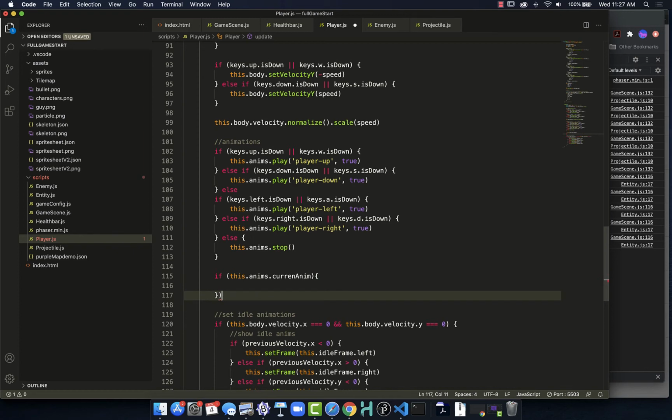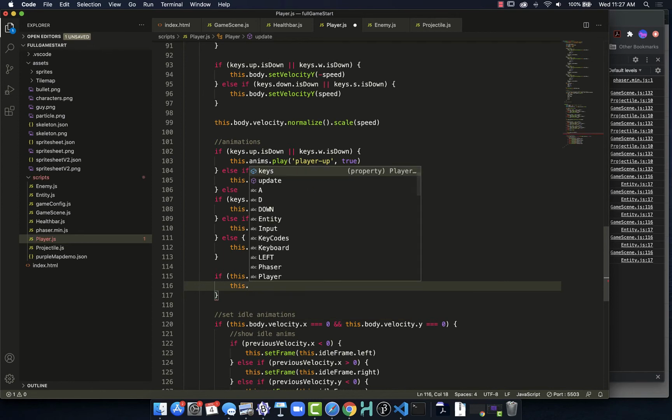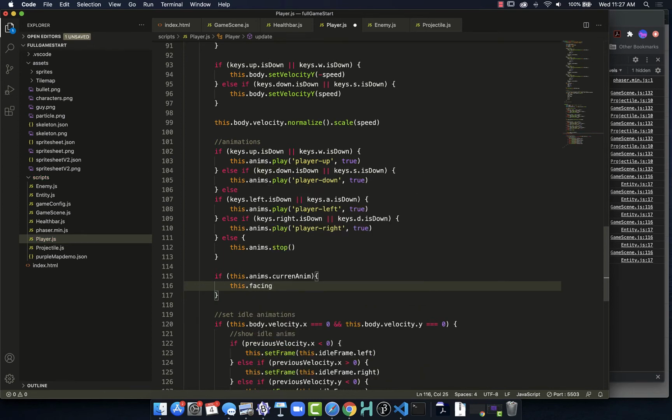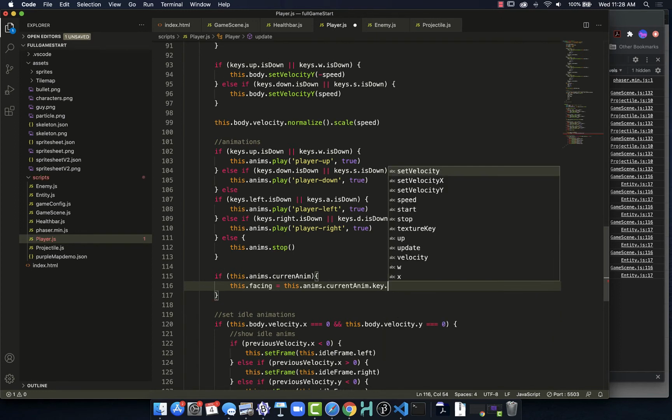Oh wait, I ended up with an extra parenthesis there. Let's try that again. So here we will say facing is going to be equal to, so we're going to find out the current animation and the key of that animation. Now that current animation key would be player left, player right, player up, or player down, so we're able to